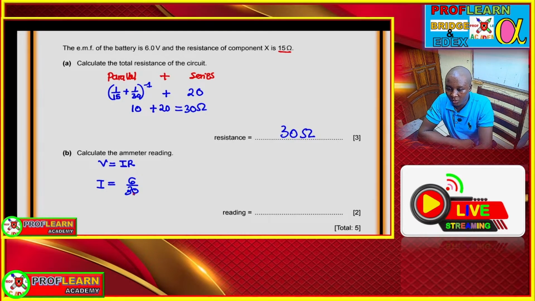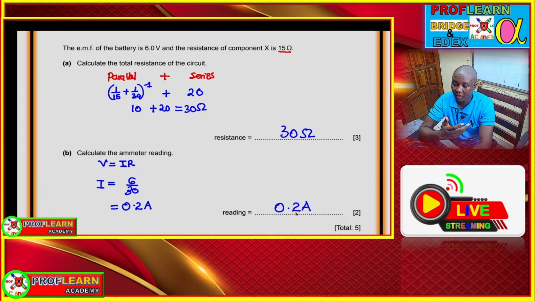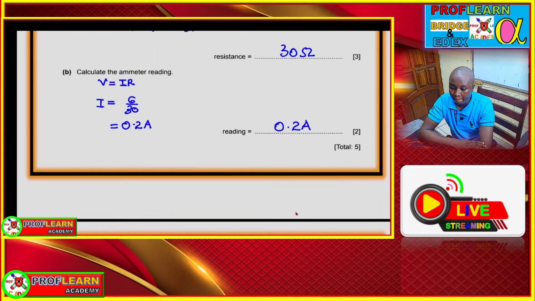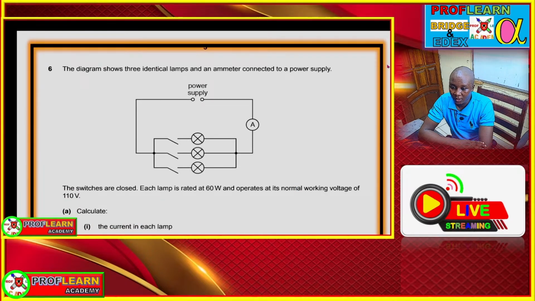Which we're going to work out here, and we shall say 0.2 amperes is the current running through the ammeter. Moving to question 6, now we have